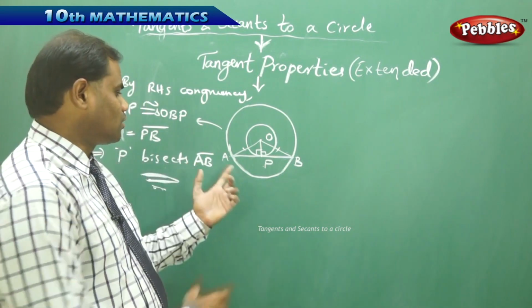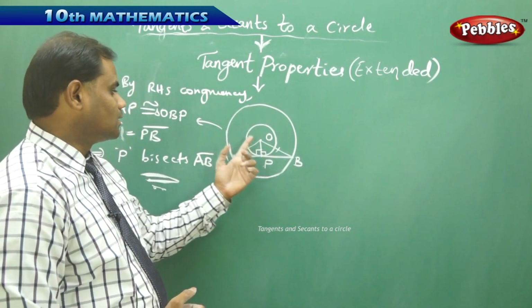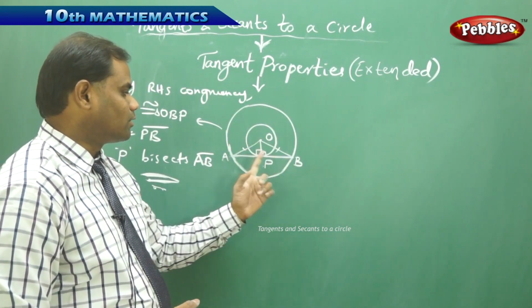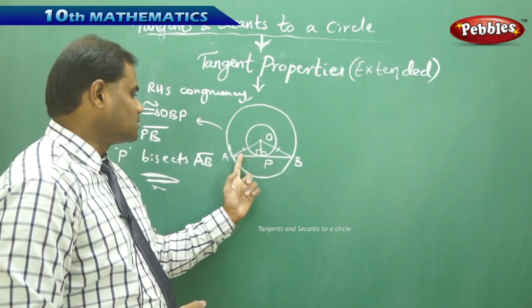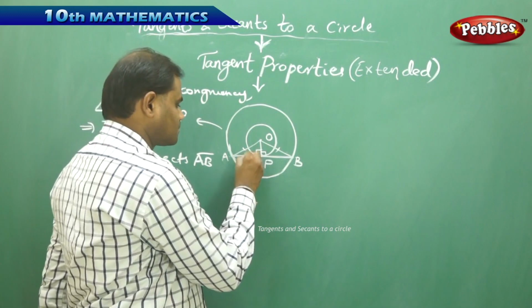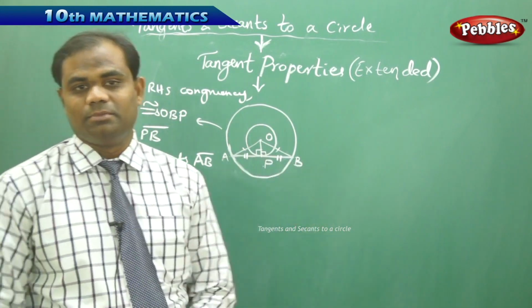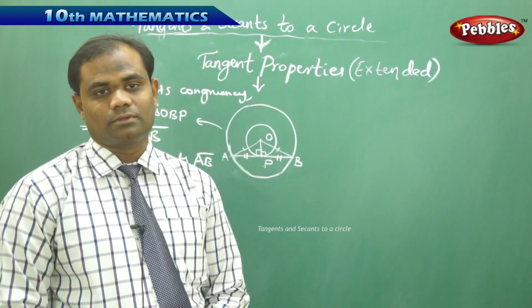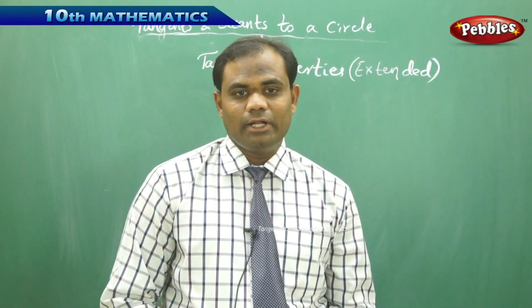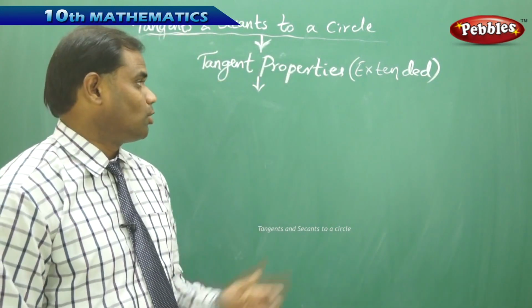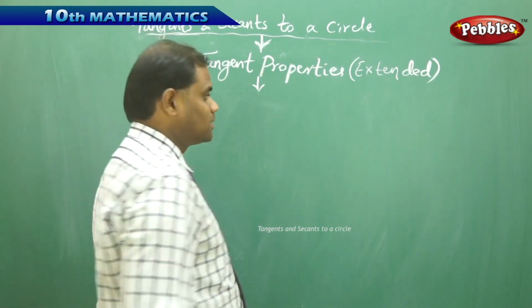Therefore, when I draw a chord to the circle, for the other concentric circle where the chord acts as the tangent, the point of contact will exactly be the midpoint. That is, P bisects AB, such that PA is equal to PB, which is what we have proved in the case of this theorem. So let's take the next property, the extended properties of tangents, where the property says that